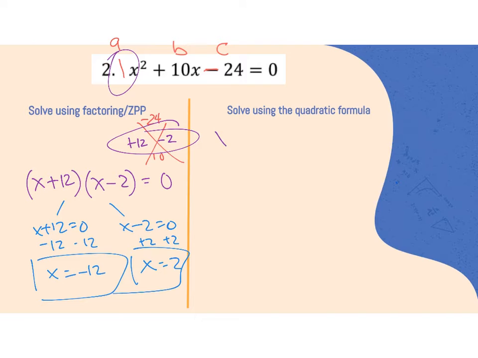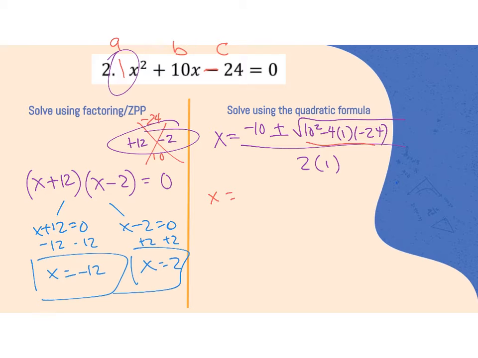So in the quadratic formula, I'd have x equals the opposite of b, which is negative 10, plus or minus the square root of 10 squared minus 4 times a times negative 24 times c, all over 2 times 1. Let's look underneath the radical. So my negative 10 on the outside, I have 100 plus, because I have a negative times a negative here, and then 4 times 24 is going to be 96,